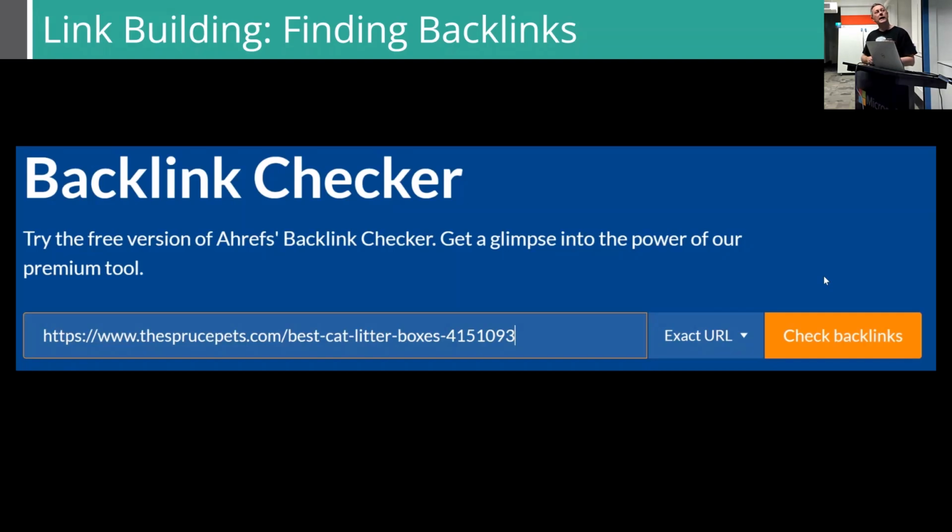Okay, so how do you find backlinks? If you're serious about SEO, you're probably going to want to invest in some SEO tool. The two popular ones are SEMrush and Ahrefs. They're pretty expensive, a month at the starter level, and it goes up from there. But there are lots of free tools, and Ahrefs has a pretty good one to get you started. It'll show you some of the backlinks for a link, not all of them, but some of them.